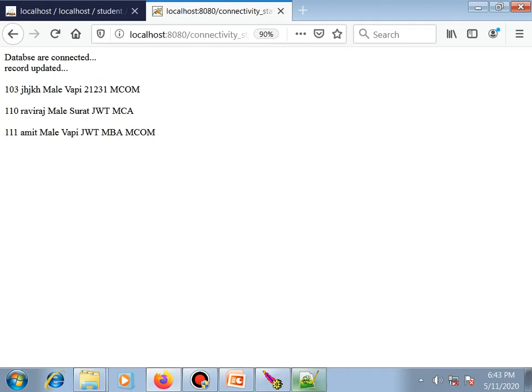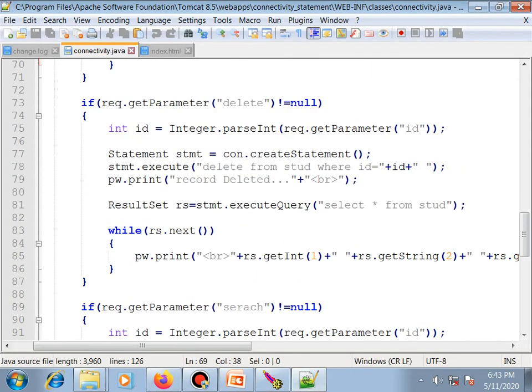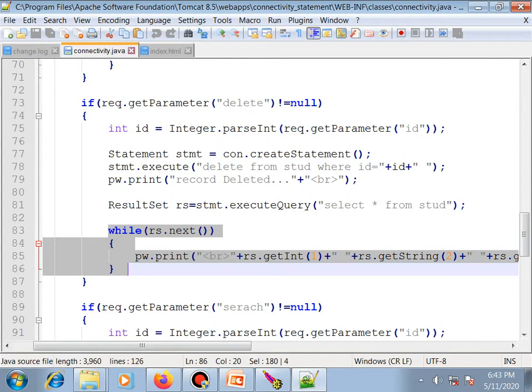Next, how can we perform the delete operation? For deleting, we only get our ID: Integer.parseInt(request.getParameter("id")). Here we use the Statement interface, createStatement, statement.execute, delete from student where ID is equal to the ID specified by the user, and then the record will be deleted. For displaying, we use the result set and a while loop.